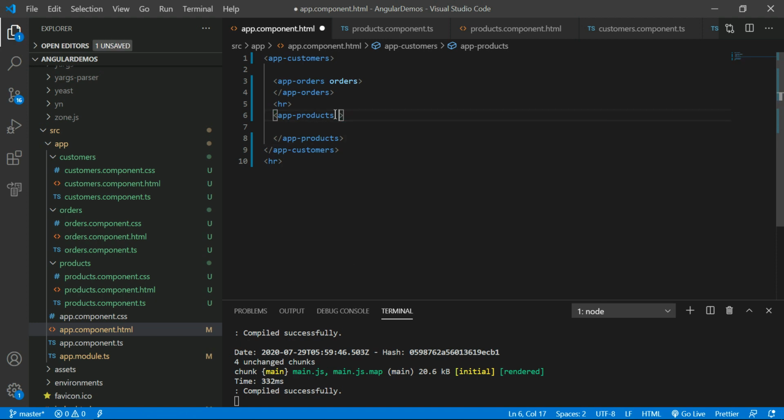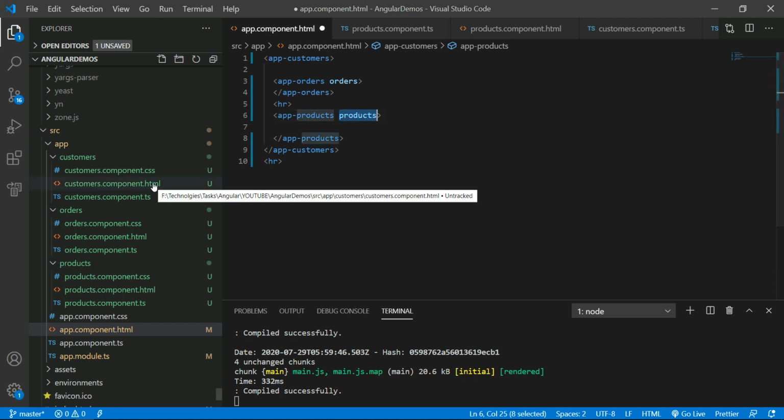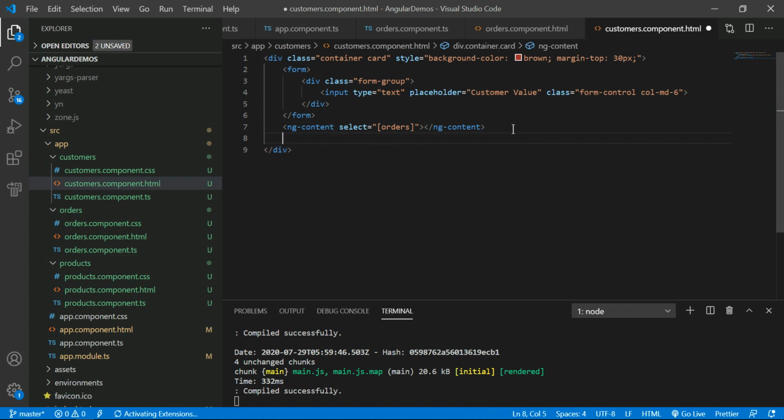By using products, you can have the separate content. Right now the orders-related ng-content is already available, so you should not use products there. Create one more ng-content, and that ng-content should contain the products.